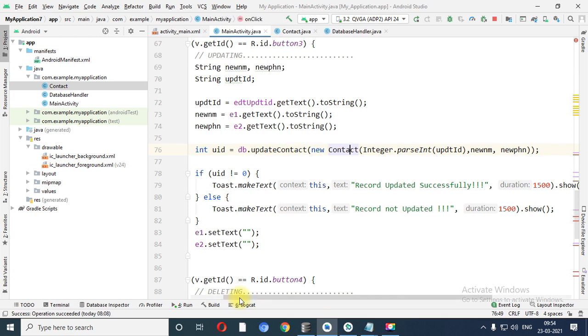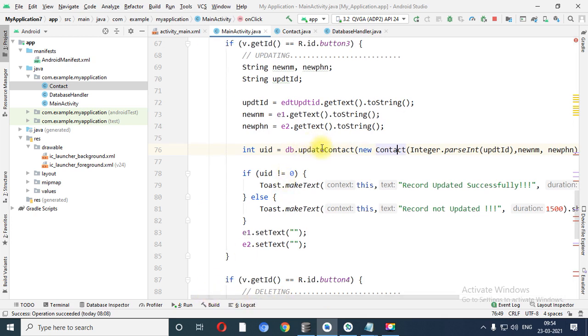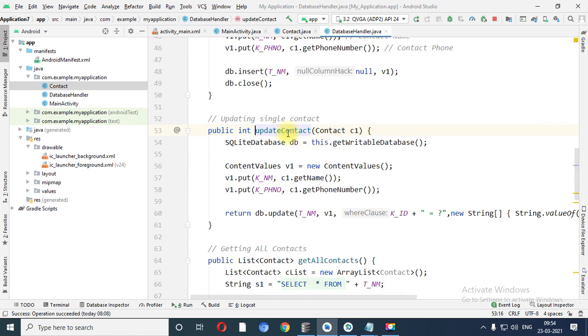Now see, you can predict that update contact will return an integer number. Why? Because integer UID variable equals to, I have called this method. So update contact will return an integer value.